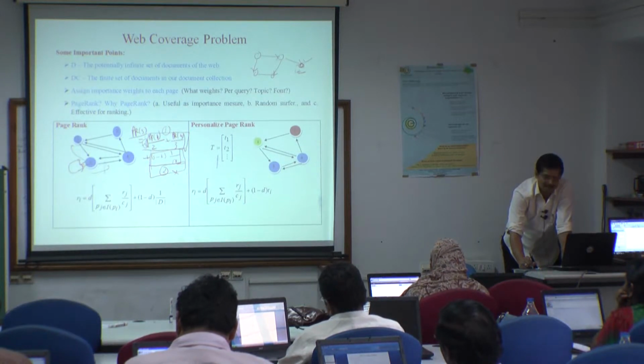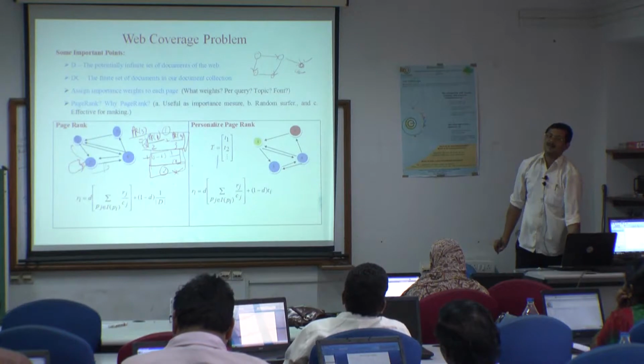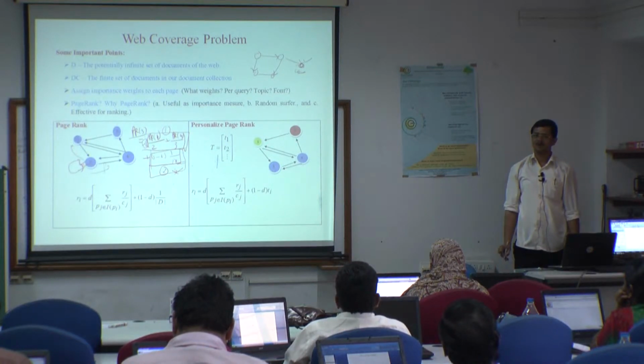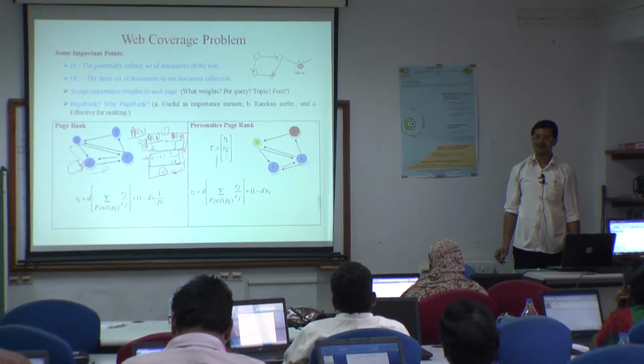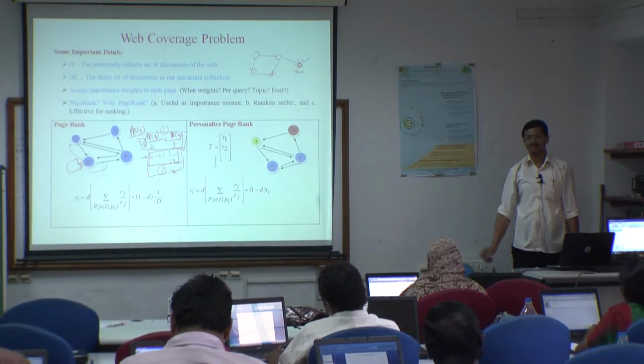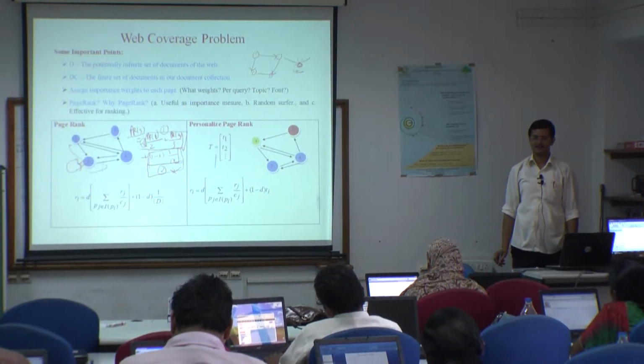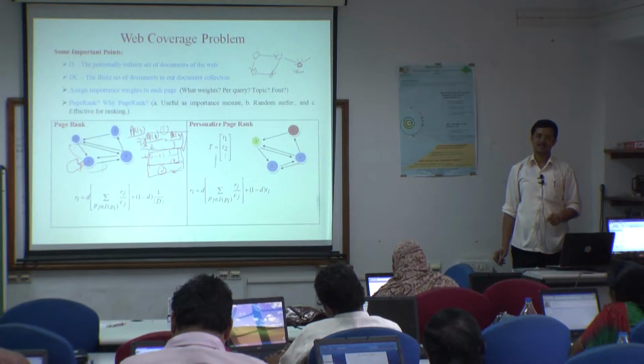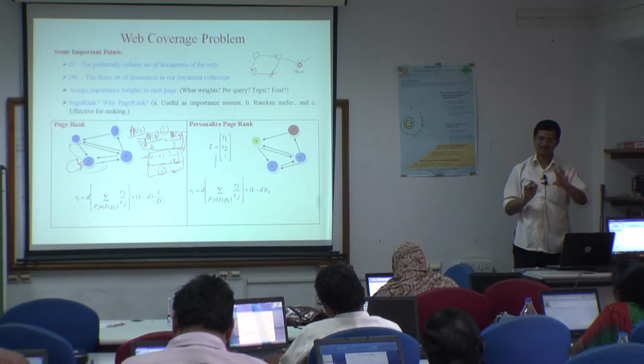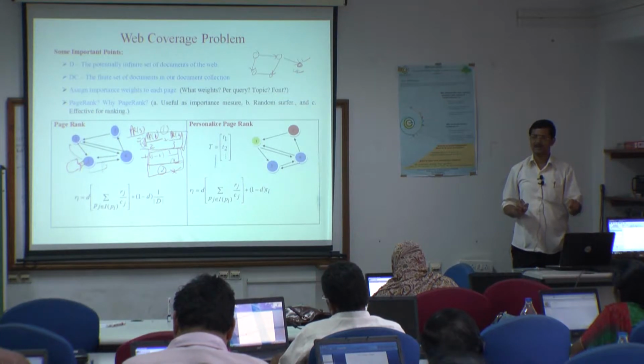So the main role of this part is to remove the problems caused by sink problem, dead end problem. This part actually removes such kind of problems. This is the actual role. And if you modify the role of this part, then you can generate the personalized PageRank. Okay, so you got it, how PageRank behaves, how you can calculate the PageRank score of any node.